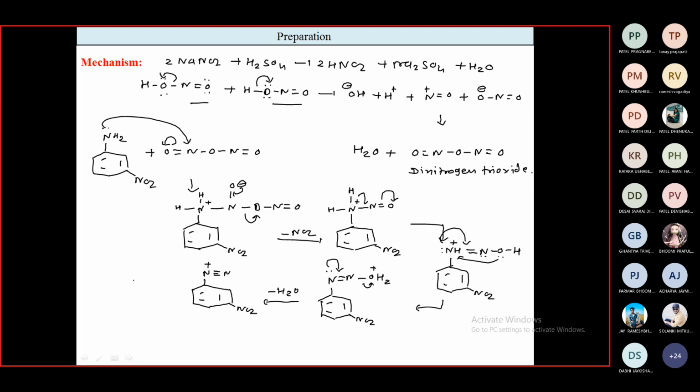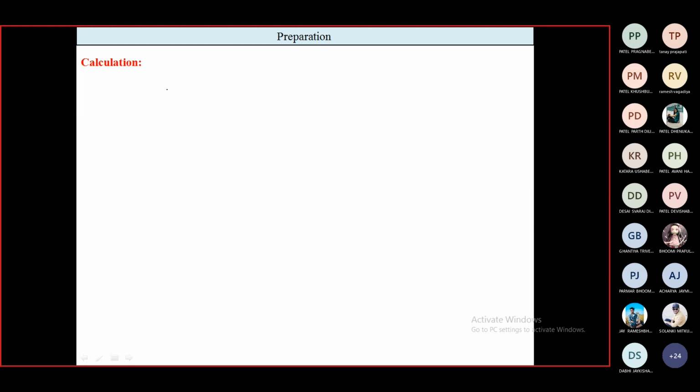After dehydration, then remove the N2 gas by heating. So this side gets a positive charge, and the counter ion is HSO4 minus. This positively charged species